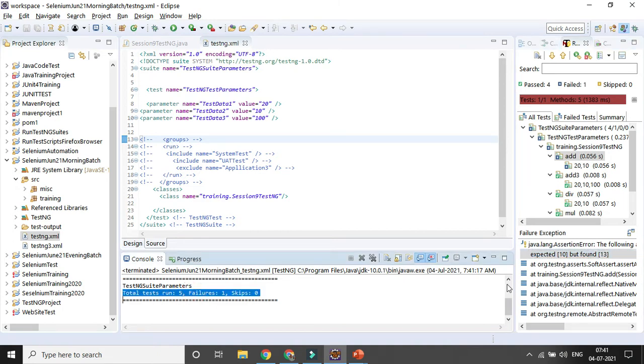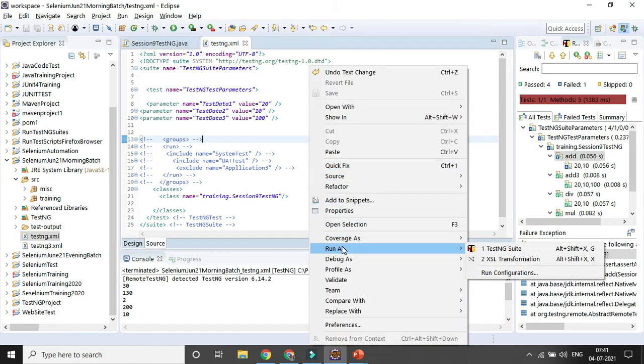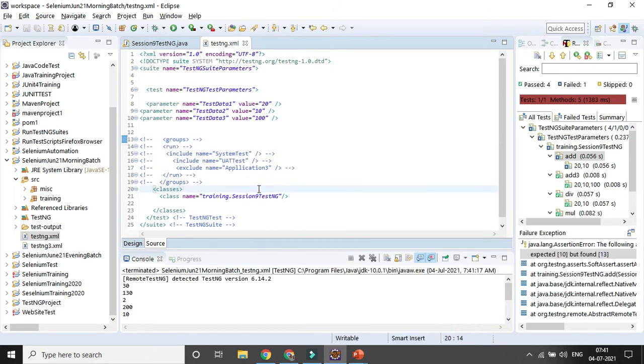Now I want to run only the failed test case. If you run it from here again, all the test cases will run again and you will get the same result. But I want to identify only the failed test case and run it after fixing my code. I don't want to run the passed test cases. Here there are only 5 test cases and it takes less time, so you will not notice any impact. But if there are 1000 or 5000 test cases and you run every test case, it will be a real hurdle and nobody wants to do that. So instead I want to run only the failed test cases.